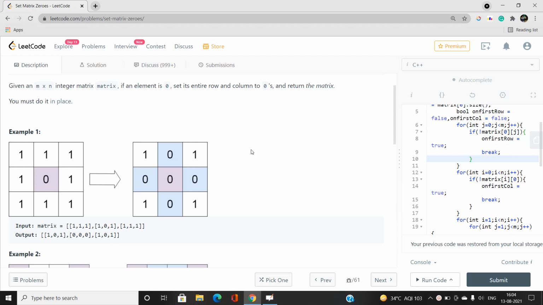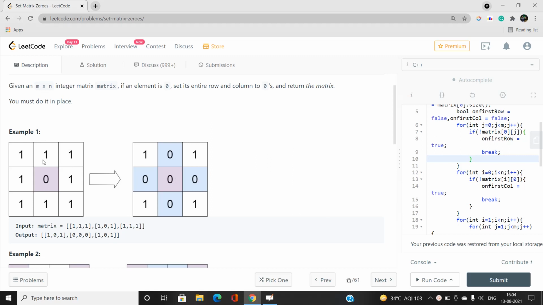You can see that over here the cell value is 0, at coordinate 1 comma 1. Then you set all the matrix values in that particular row to 0, and also all the matrix values in cells which lie on the same column.